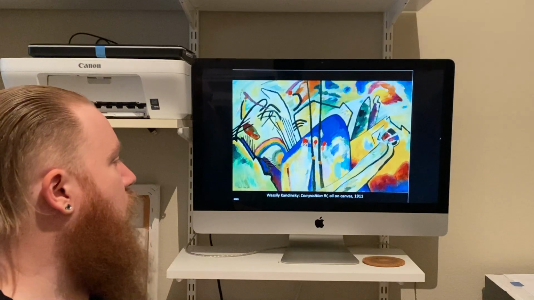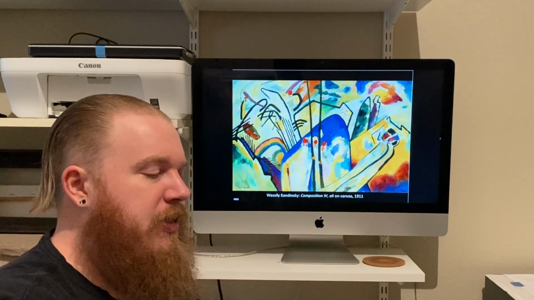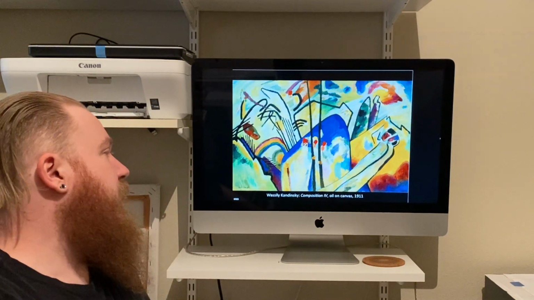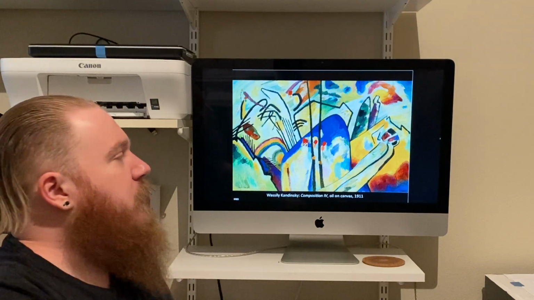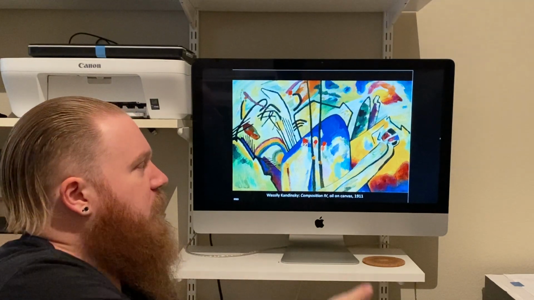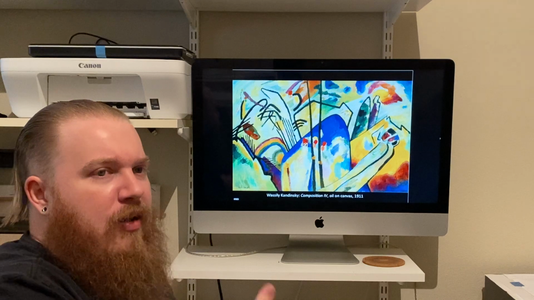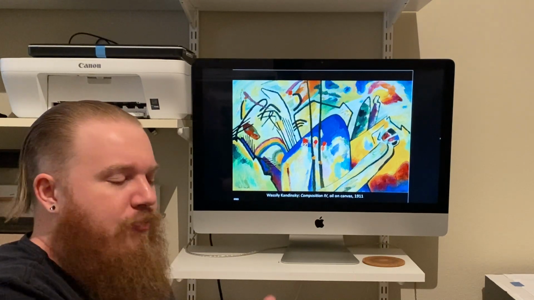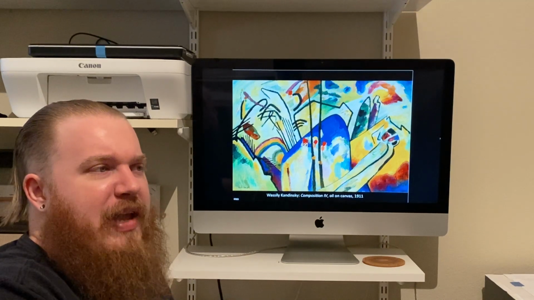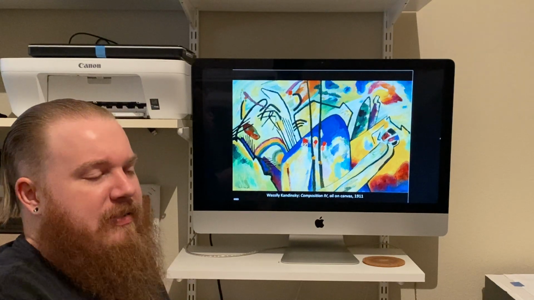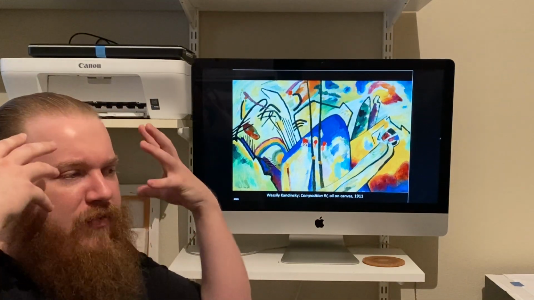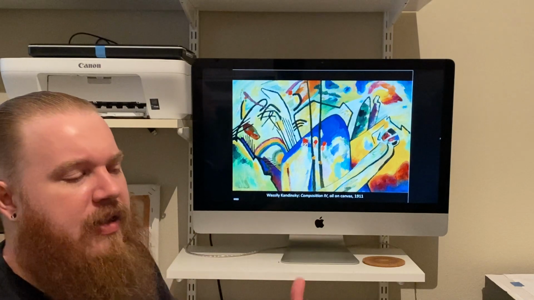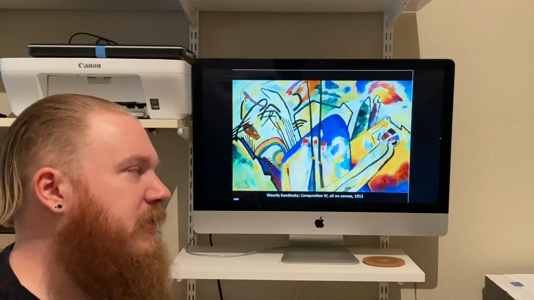And so here we can see one of his early completely non-representational paintings, and this is Composition 4. He begins to title most of his works in a way reminiscent of music. And if we remember, music is the most purely abstract art form, in that it does not elicit visual imagery within us. Instead, it elicits emotional responses.